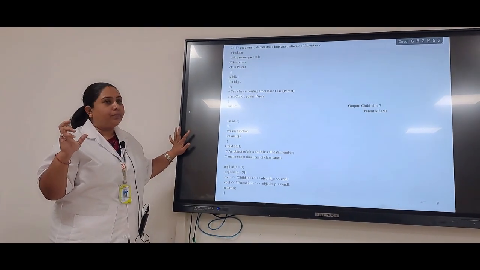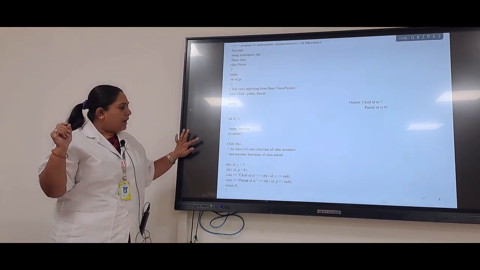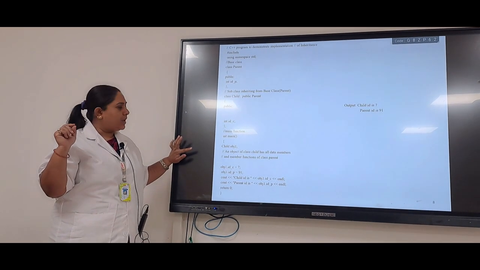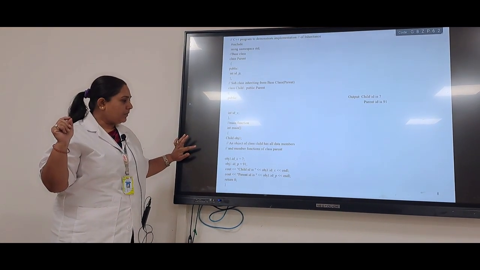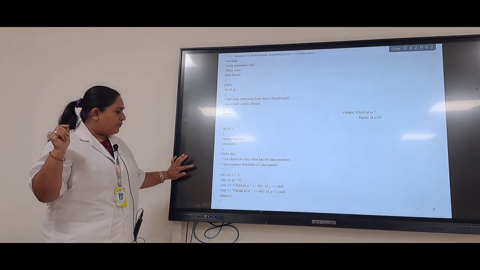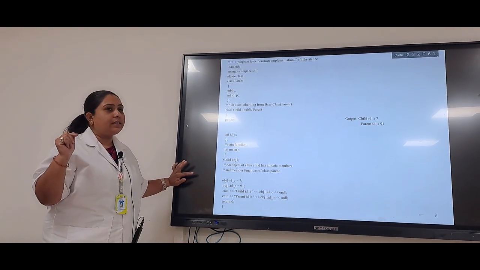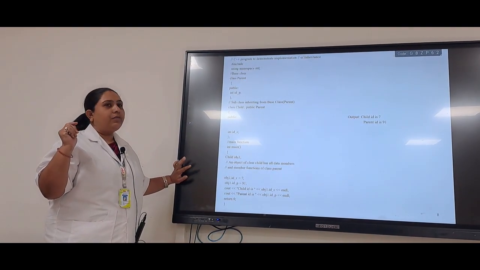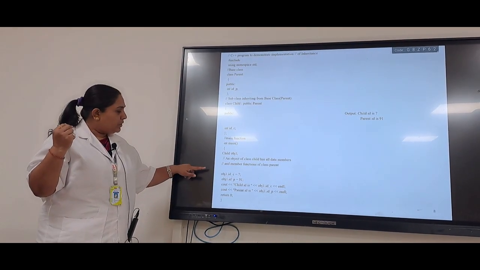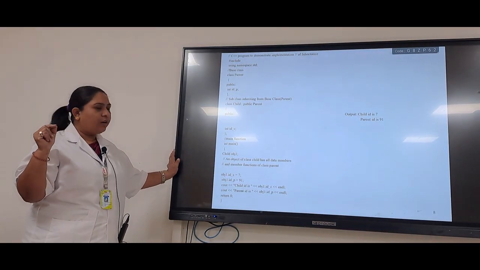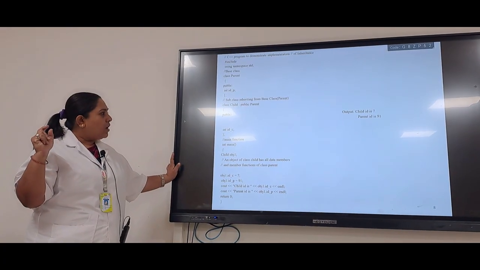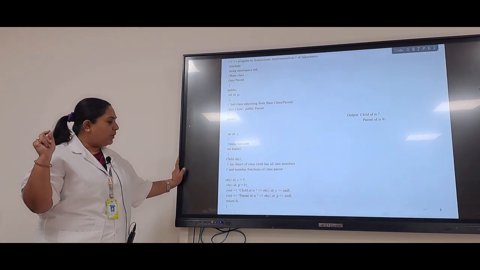Come to the main function. In the main function I have created an object of child, that is obj1, and with this object I will be accessing the variables which are in the derived class as well as the base class. If you see these statements, obj1.id_c is one of the attributes taken from my derived class, which is equal to 7.